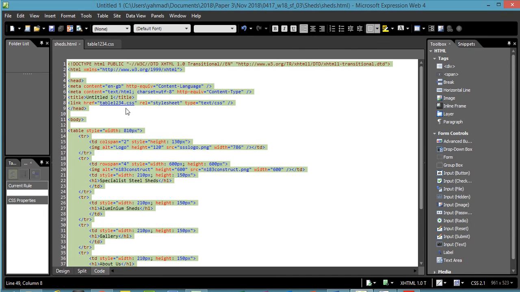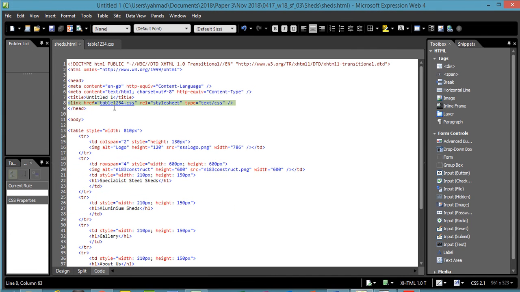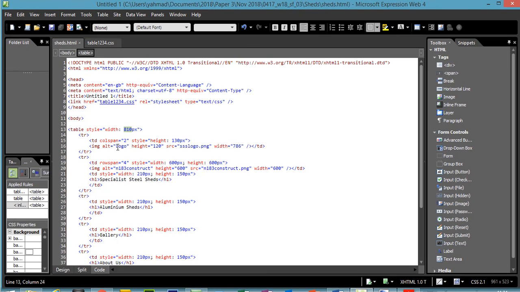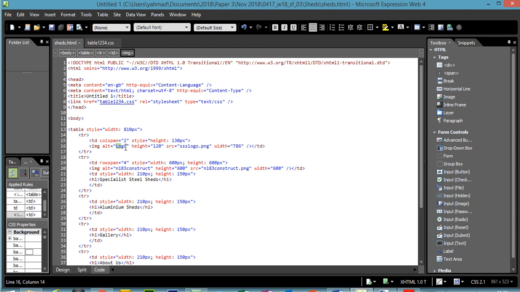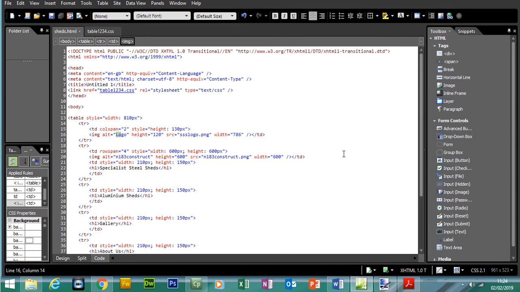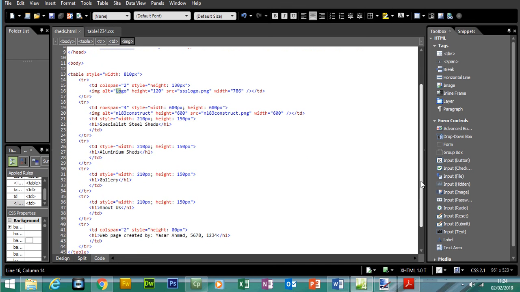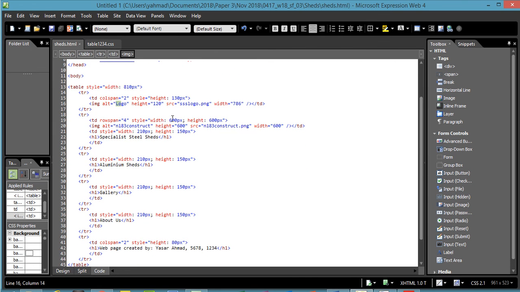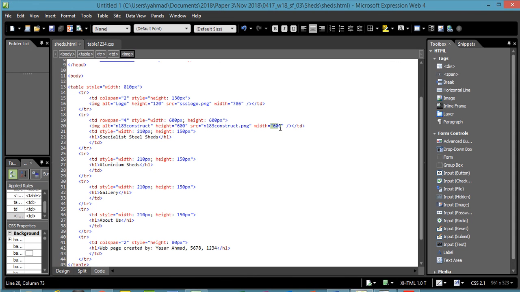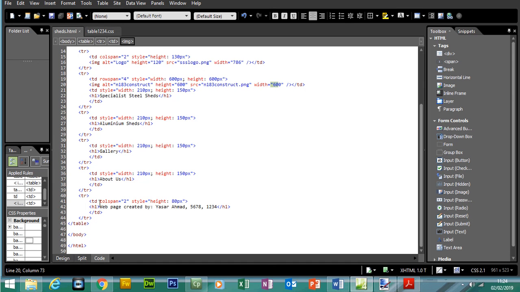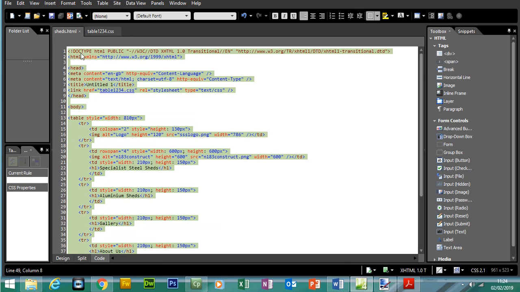So the typical marks will be evidence showing that you've attached the style sheet. Evidence the table has been resized. The image has been inserted, and there's alternative text sometimes. In this paper it's not asked for alternative text, but other papers do ask for alternative text. And the picture has been resized, so yep, the height was 600 by 600. You've got the text style, so H1 has been applied to the text. So let me copy and paste all of this